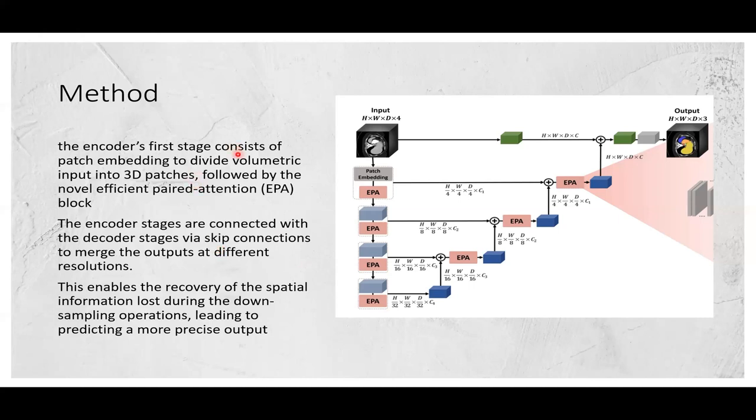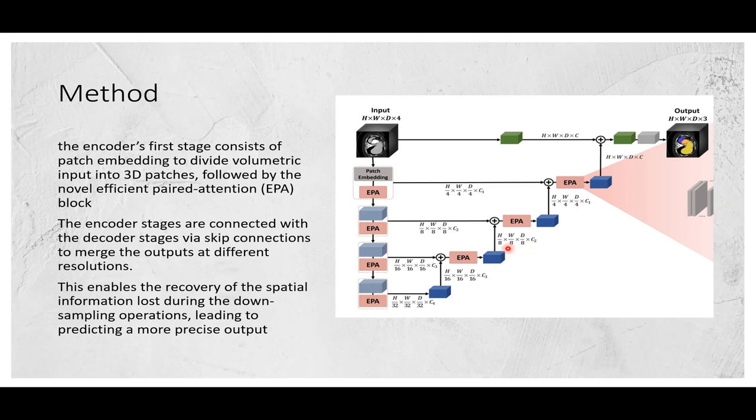Well, in this slide, the encoder's first stage consists of patch embedding to divide volumetric input into 3D patches, followed by the novel efficient paired attention (EPA) block, and the encoder stages are connected with the decoder stage via skip connections to merge the output at different resolutions. This enables the recovery of the spatial information lost during the downsampling operation, leading to predicting a more